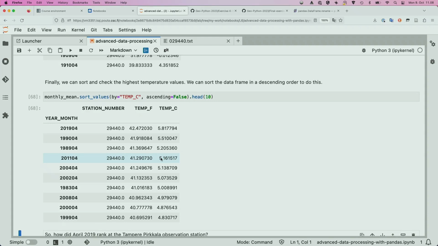Sure enough, lo and behold, the month of April of 2019 was the warmest on record at this Tampere-Pirkkala station. Perhaps surprisingly, the months of April in 1990 and 1989 were the next two warmest after that. And then we have 2011, 2004. So this is maybe a little different than what was expected, in the sense that although global temperatures have been warm and increasingly warm over the last decade especially, of course, individual weather stations, individual locations in different places will have